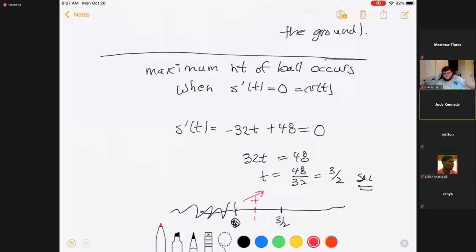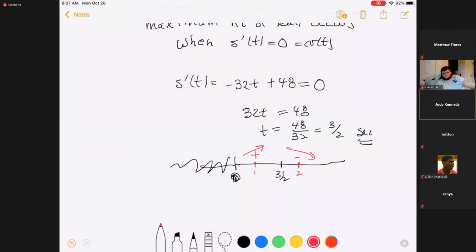Ball is going up. After 32, say, well, hopefully before it hits the ground. Okay. 2, say, would be over there. That would give me minus 64 plus 48. That's a negative number. Ball's coming down. Okay, so the maximum height